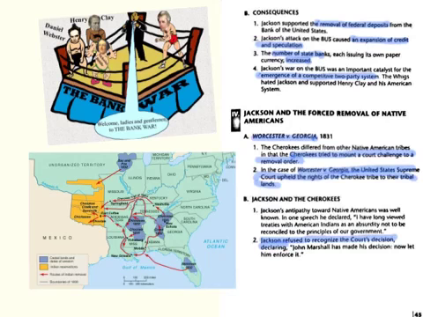Number two, an expansion of credit and speculation. Speculation is one of the key terms of this unit, or has been a key term all year. You need to know what that means. Number three, the number of state banks begin to increase because of the lessening of the power of the federal banks. And also, last but not least, the emergence of a competitive two-party system, which we still have in effect today. Moving on from there to Jackson and Indian removal.